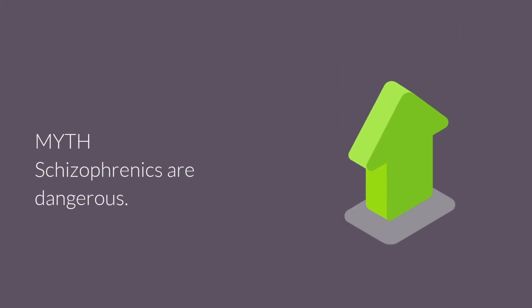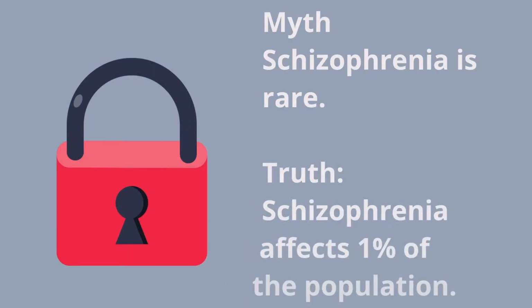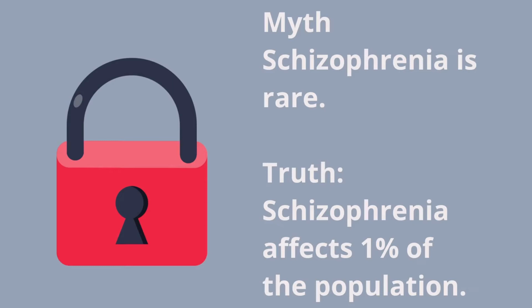Schizophrenia is a very commonly stigmatized disorder. Many people believe that schizophrenics are dangerous and violent, and although the delusions and hallucinations they experience may be a bit dangerous without proper treatment, most people with schizophrenia are actually more likely to be the victims of abuse or violence rather than the perpetrators. It's also important to study and understand schizophrenia because it is a fairly common disorder. 1% of the general population will develop schizophrenia in their lifetime, so it is essential to understand the disorder even for the general public.